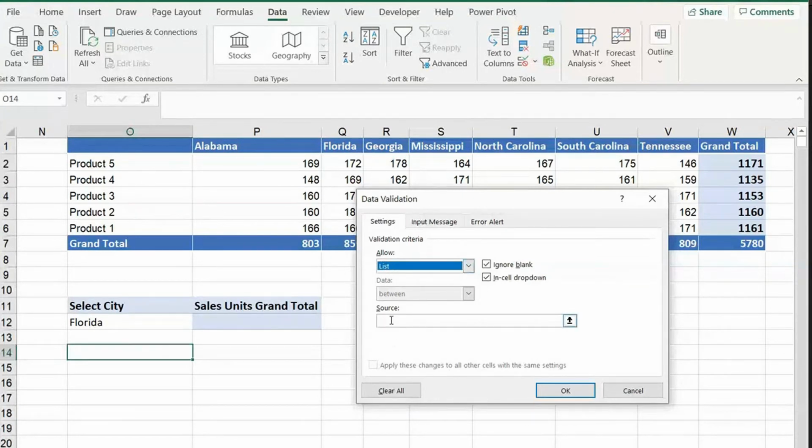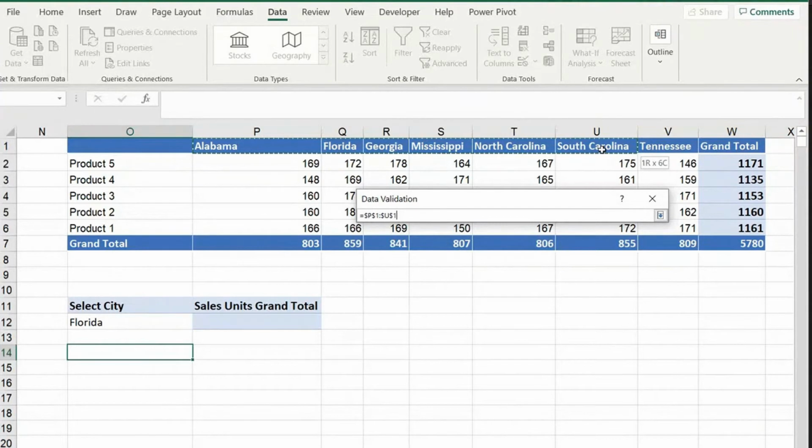List, in the source, you have to either type these items or select it from a range. If you are typing it, put a comma separator like yes, no, male, female, something like that you want to write as items in a source. Okay, you can write it or you can select it. Good practice is not to bring it from the same sheet. Should try to keep it in a separate sheet in this book, and go and bring from there. That's the best option because people might change it and it might affect your lists. So a good practice, keep this kind of list in a separate worksheet and try and go and bring from there. So now I'll just bring it here directly.